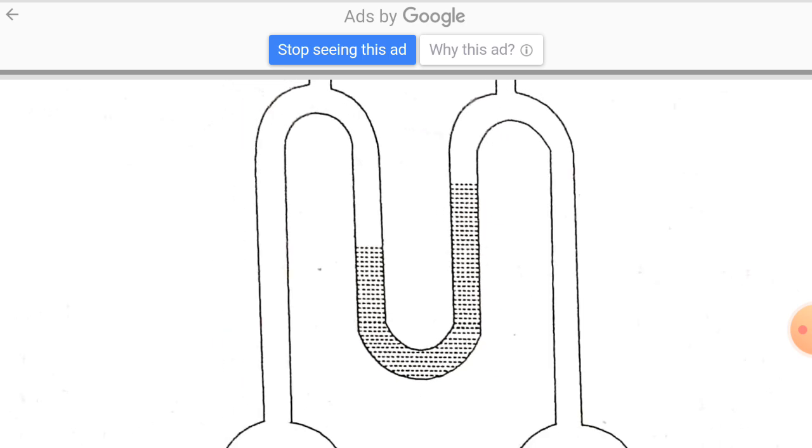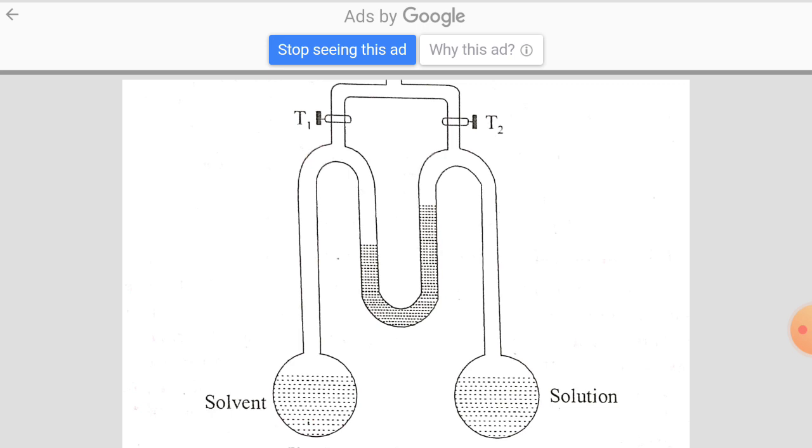It's very simple. You can observe here that it consists of a U-tube attached to two arms, one fitted with two taps, T1 and T2. One arm is fitted with a bulb containing the solvent, and the other arm is fitted with another bulb containing the solution. Whenever these taps are open, the air inside this tube is